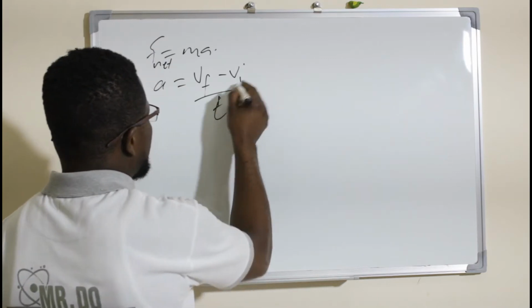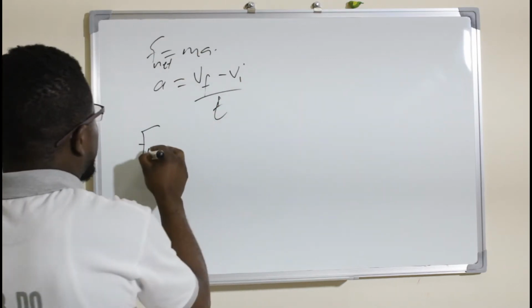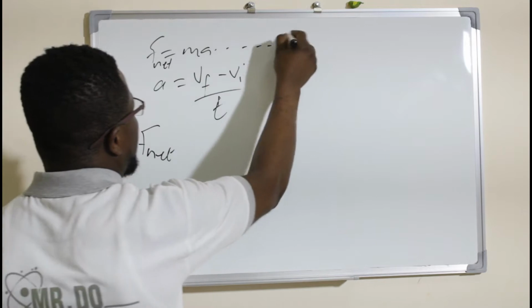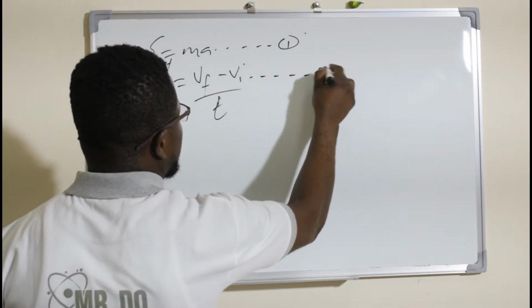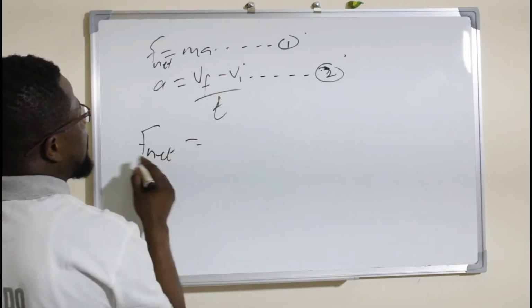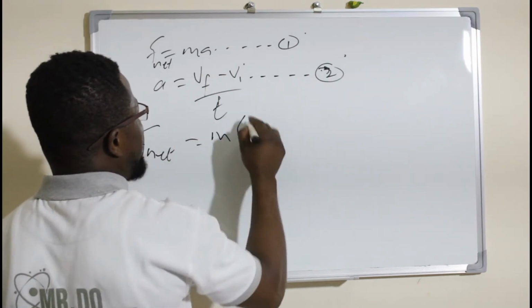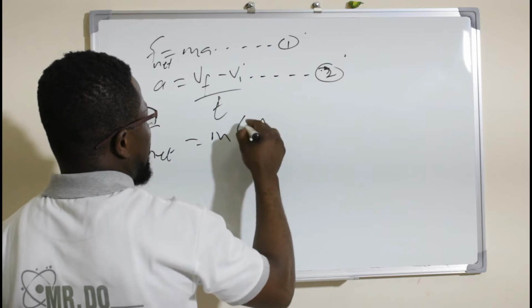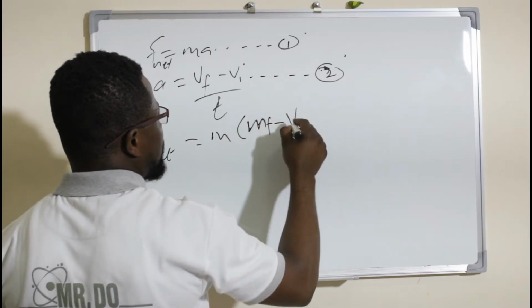change in t. If I go back here and substitute that into the first equation, call this equation 1 and call this equation 2. Let's substitute 2 into 1. Then F net is going to be m multiplied by (v final minus